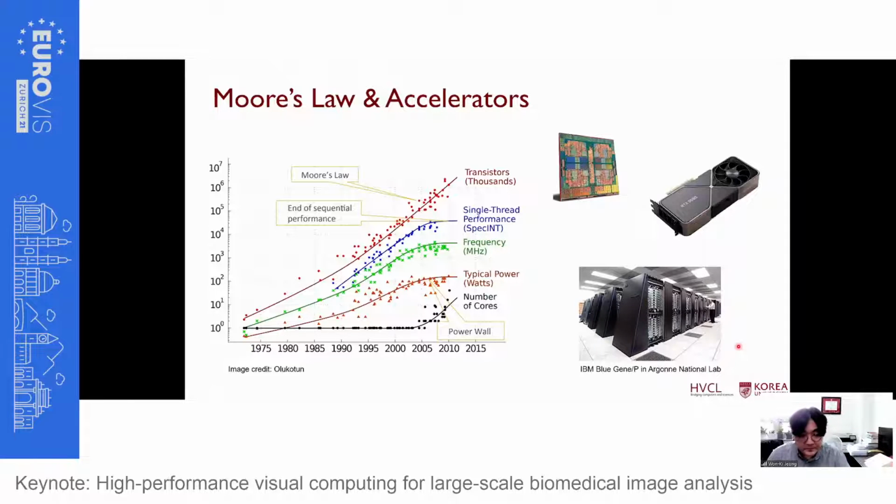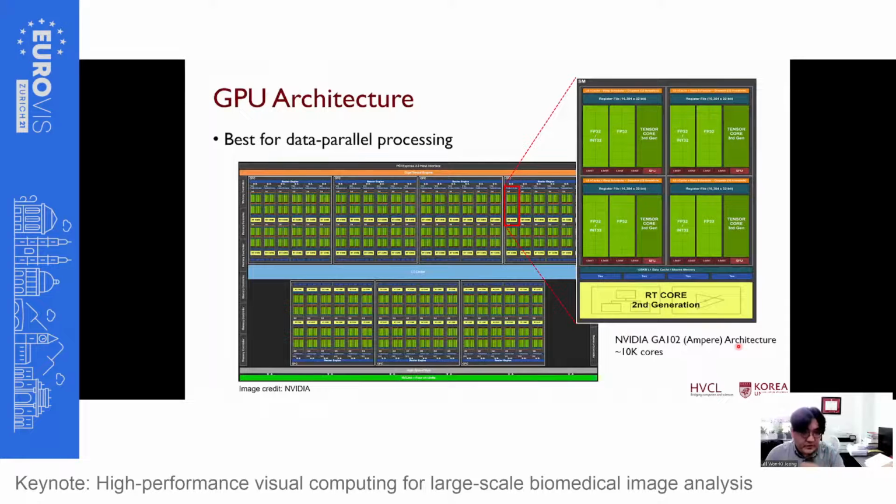So the idea is that these days we use multi-cores or massively parallel architectures or even distributed systems to make it faster. And this is a GPU architecture. As you can see here, a GPU has many, many small cores. These days, the most recent NVIDIA architecture has even more than 10,000 cores. Even though this is different from CPU cores, each core can do some computation, right? Floating point computation, integer computation. So this architecture is best for data parallel processing, where we can process each single input independently without communication.